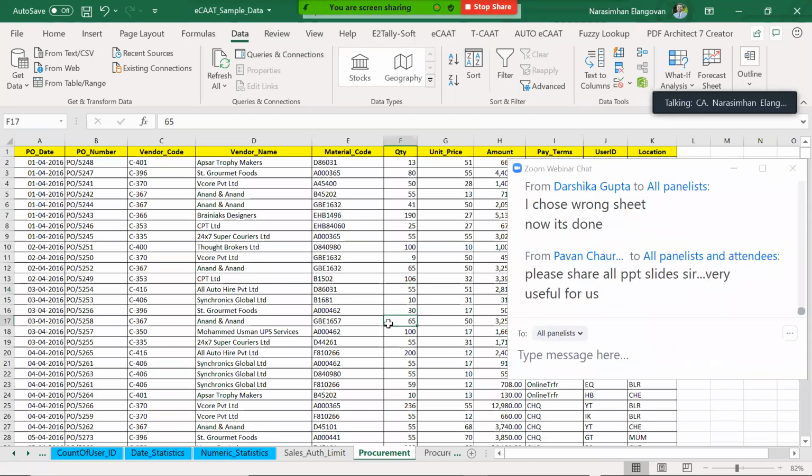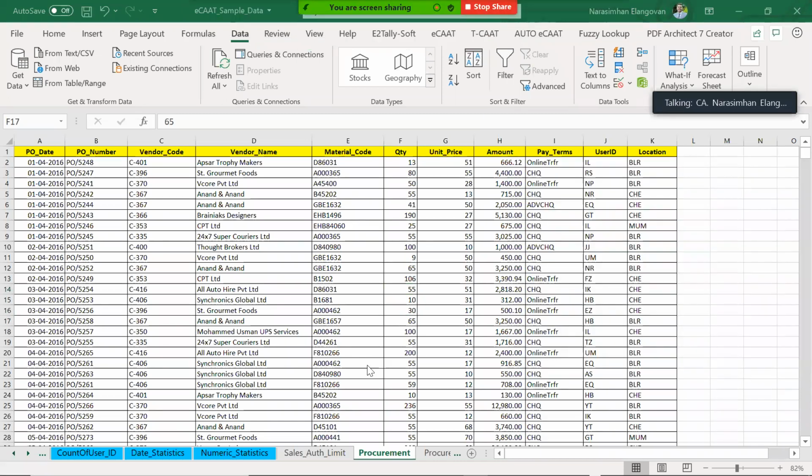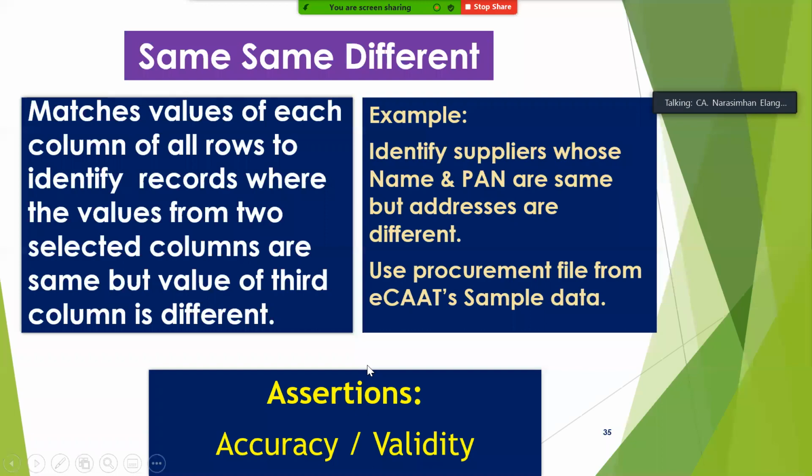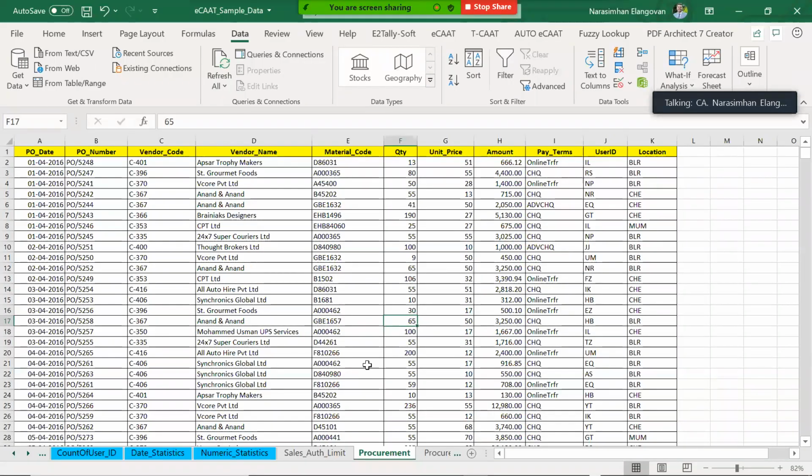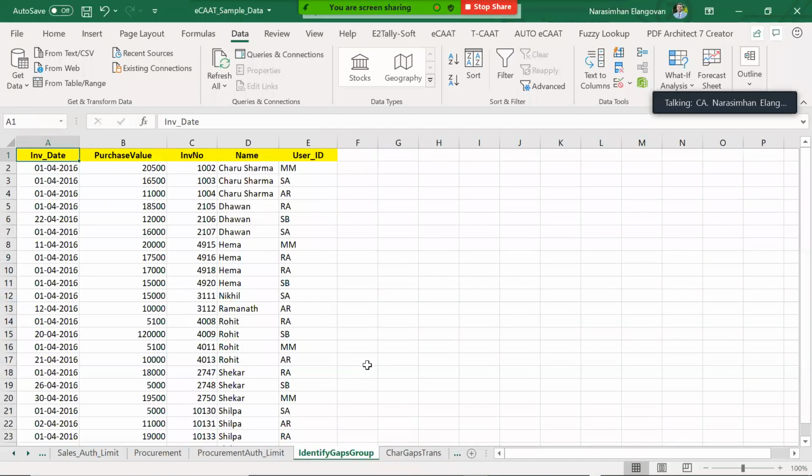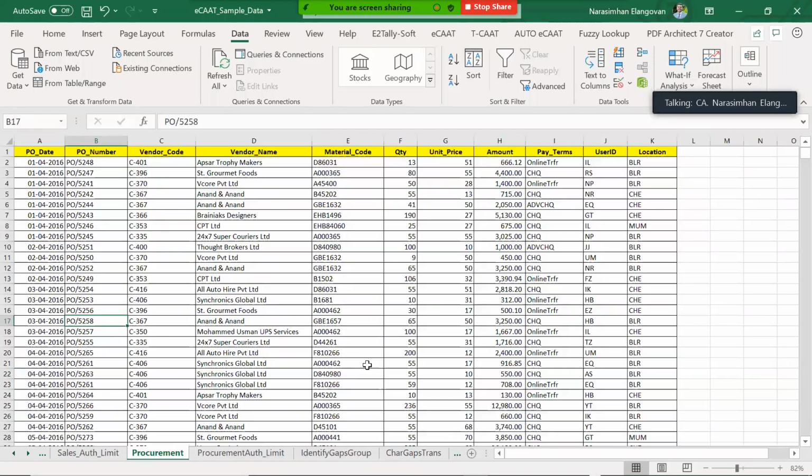Yeah, I'll share these PPT slides, don't worry. I think this will be very easy for you to get the logic and thought process. After that you can apply wherever possible. Okay, I think the PAN of the supplier, I don't have it here. But what we will do is in the same procurement file, let's do some unique thing. What are the fields you think should be the same and what are the fields that should be unique?